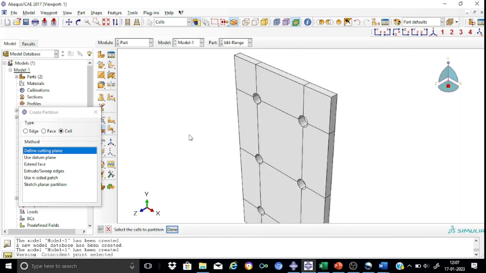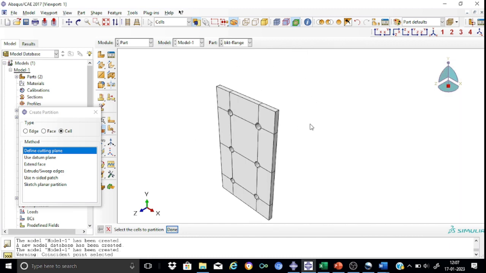Okay, so this means the partitioning of the flange plate for the bracket along the hole center lines is